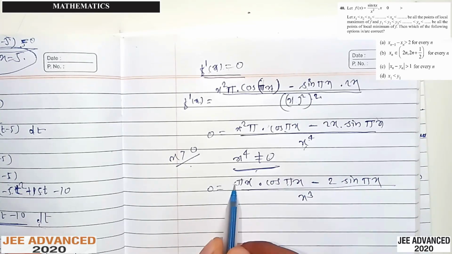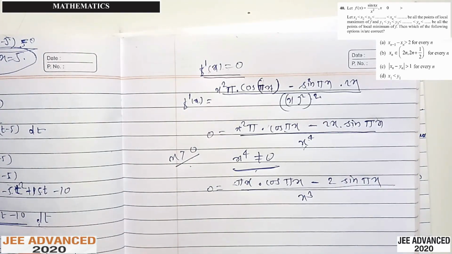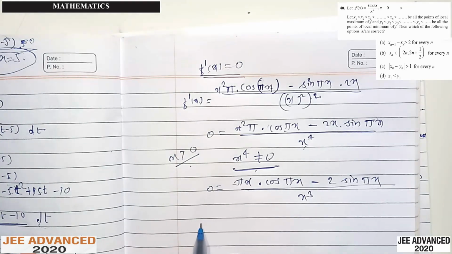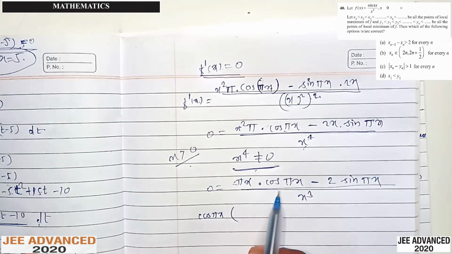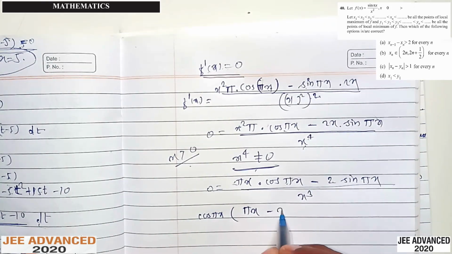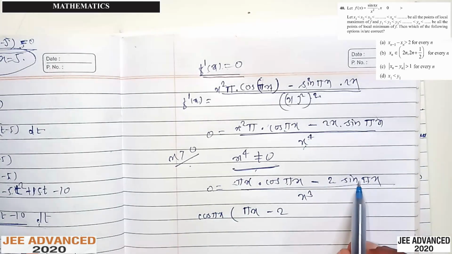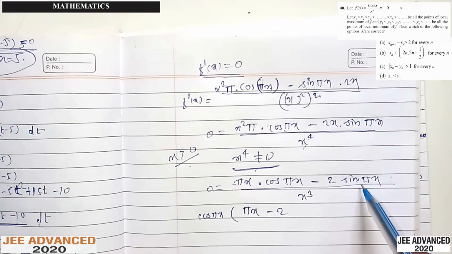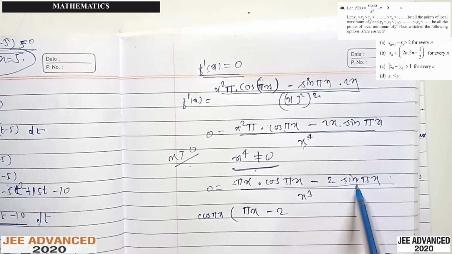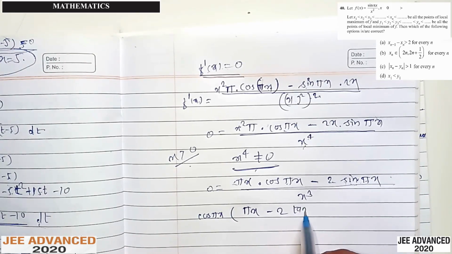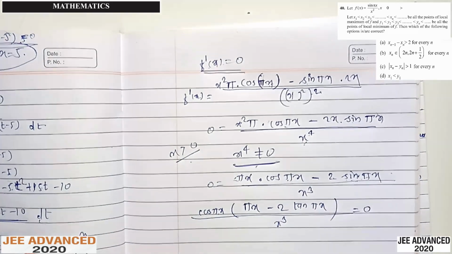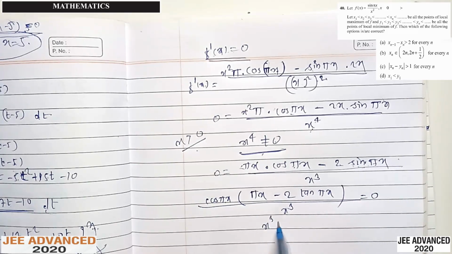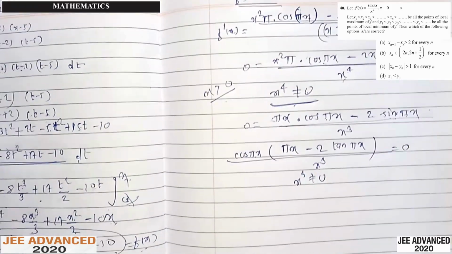So here we take cos pi x common, so that we can easily find the roots of our equation. Under the bracket it will remain pi x itself minus 2 times sin pi x, and taking cos pi x common from sin pi x, we have to multiply cos pi x divided by cos pi x. So you will get cos pi x outside and another cos pi x in the denominator. So sin pi x upon cos pi x, which is tan pi x, upon x cube, which is equal to 0. So as we have x cube non-zero,